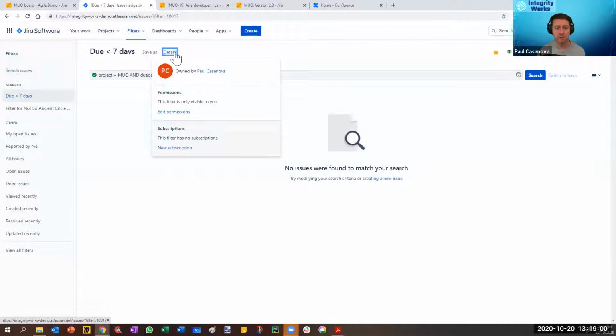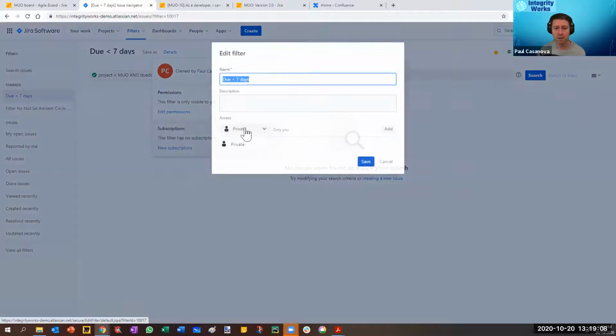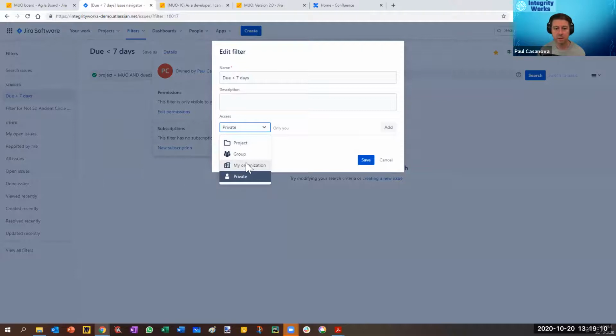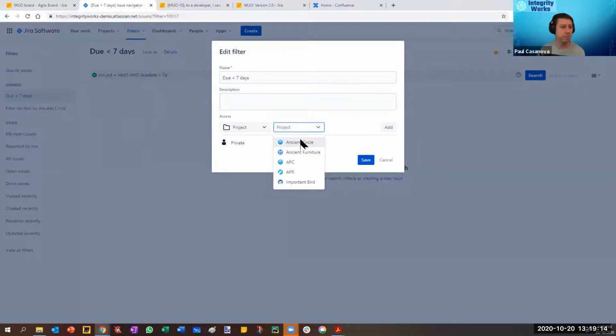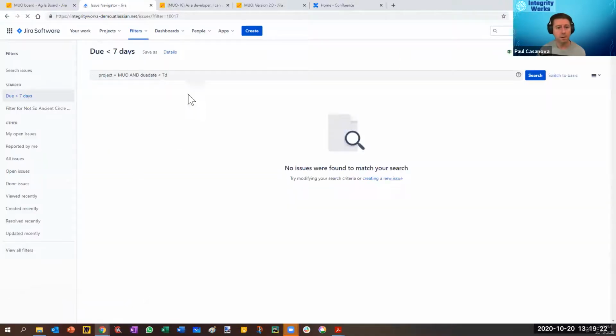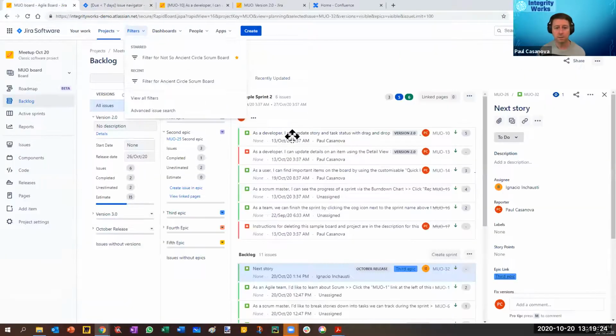I'm going to share my filter. So we're getting into a different area now, which is cool. I'm going to change the permissions on it, and I'm going to make this available to anybody who's got access to MUO. I'm going to add that. Okay, and in here,